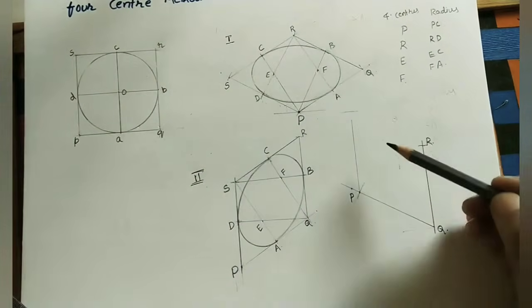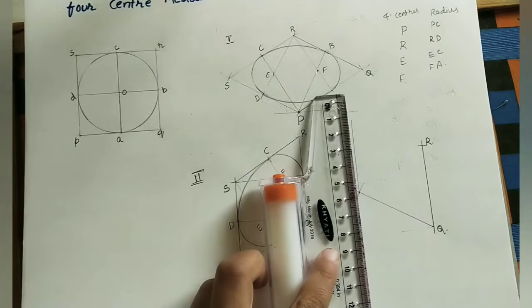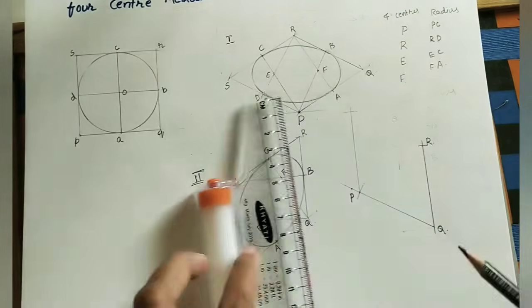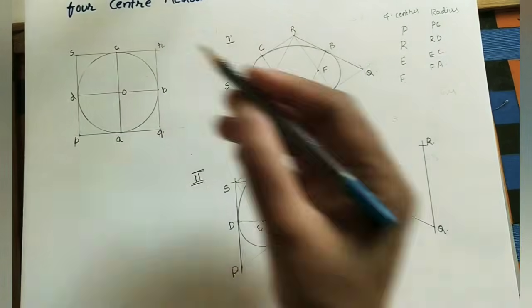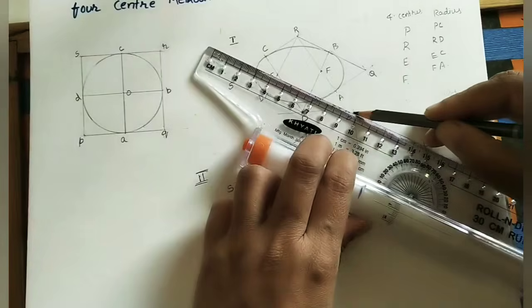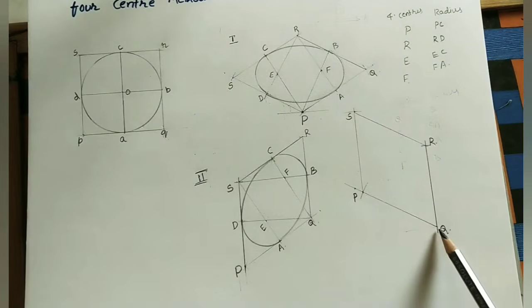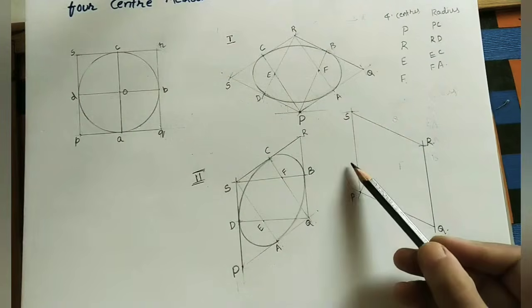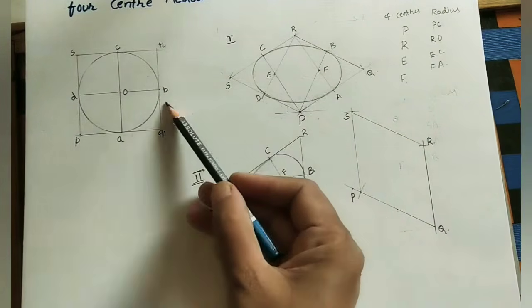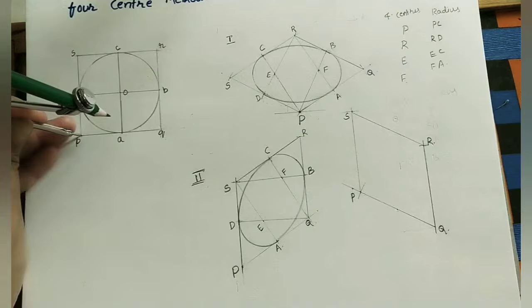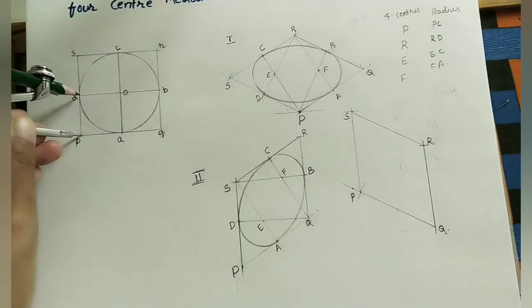Do an arc. Extend this line up to this arc. So this intersection point is S point. So here also we got a rhombus with Q as the initial point. Now in this rhombus, mark the middle points. These are A, B, C, D. Take this length, and this length, both are the same.